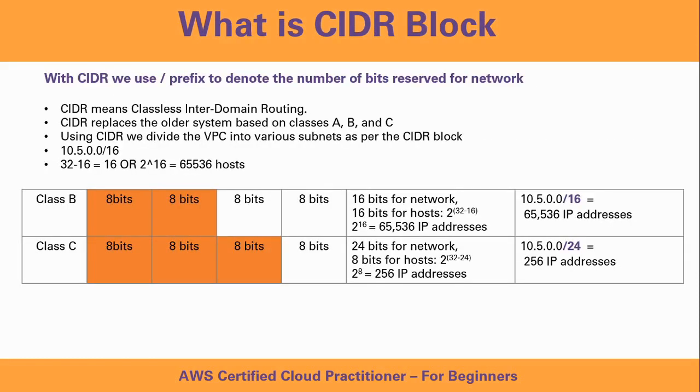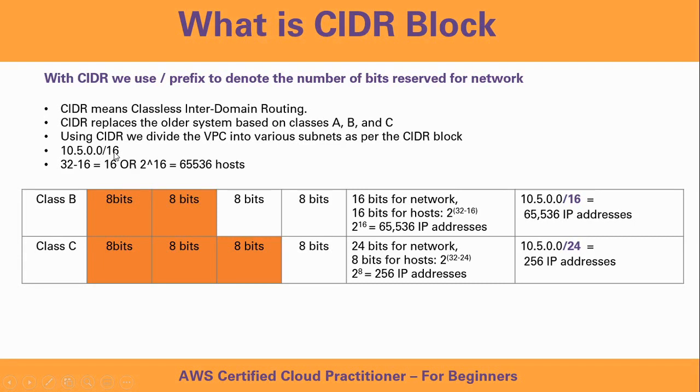So now let's go into a bit more detail on what a CIDR block is and how it's used in determining the number of total IP addresses for the virtual private cloud. CIDR means classless inter-domain routing, and it replaces the older system based on classes. With CIDR, we use the / prefix to denote the number of bits reserved for the network. So if this is our IP address, what we do is denote the number of IP addresses in our virtual private cloud,